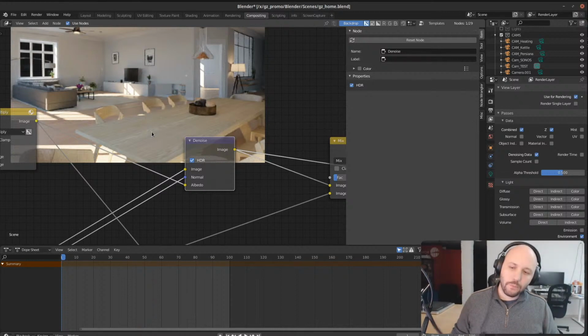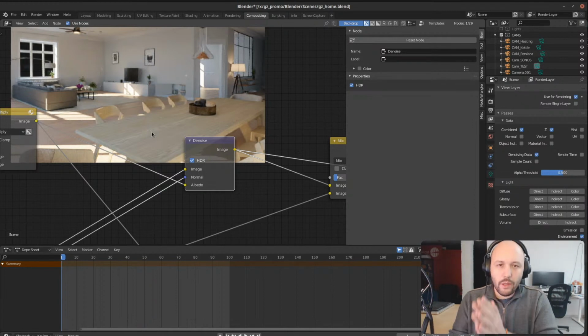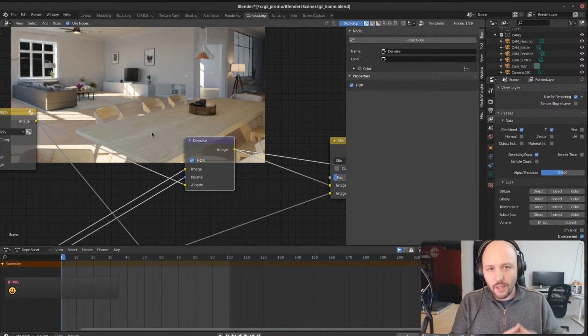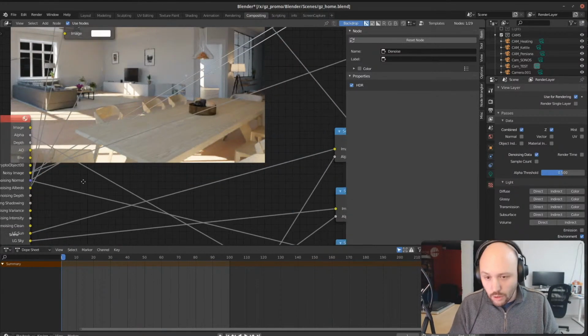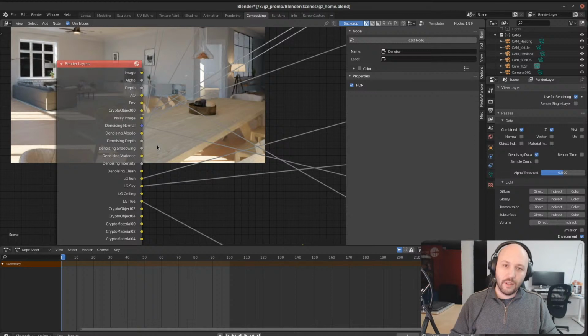But I think we can get two denoisers, because in some situations the Blender denoiser works better than the OpenImageDenoise denoiser, and in other situations the Intel OpenImage denoiser works better. So I think we should get that. That's the reason why I mean that we can have these kinds of modifications, or have an alternate albedo for the OpenImage denoiser. So we have the denoising albedo,